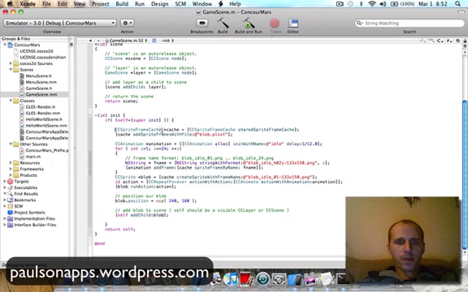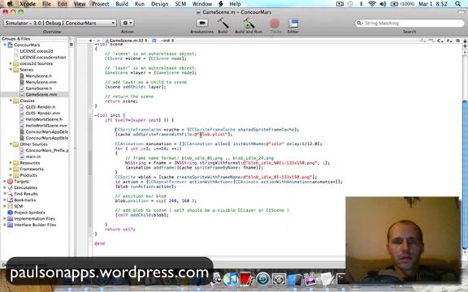So it's CCSpriteFrameCache. And like I said, I'm using the cache here, which I think is new in the new version of Cocos2D. So I just give it a name, cache, then shared sprite frame cache. And I'm going to add sprite frames with file. In here I have my file, which contains all of my sprite, all the different frames that my sprite is made up of.